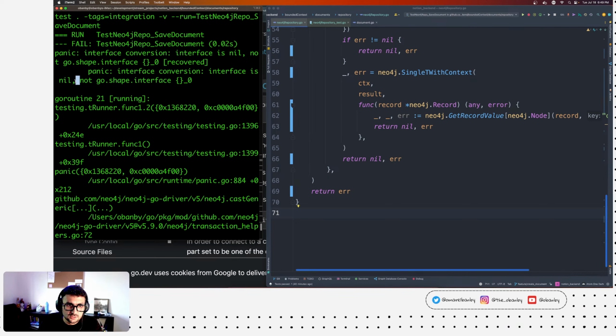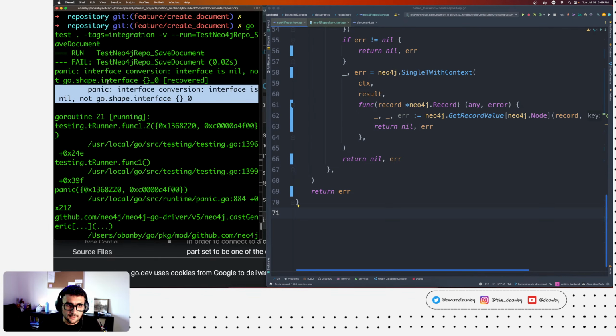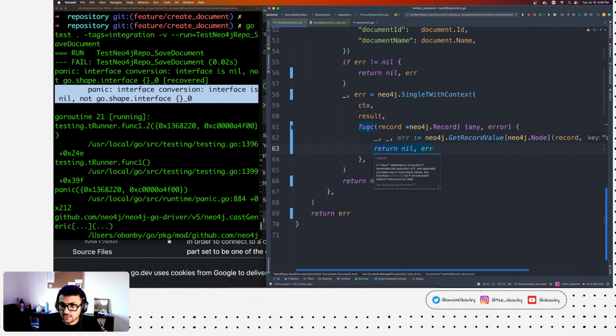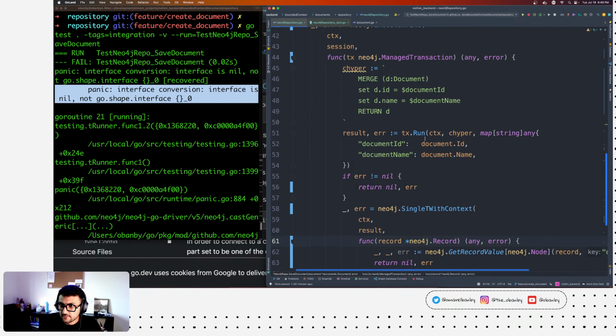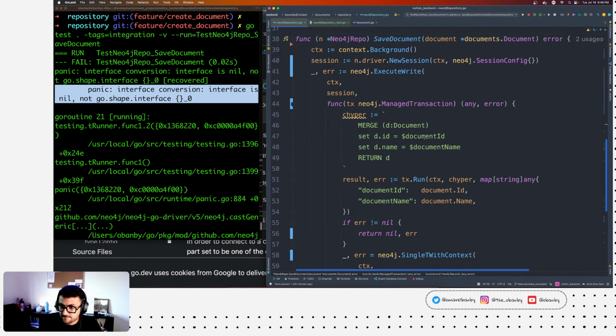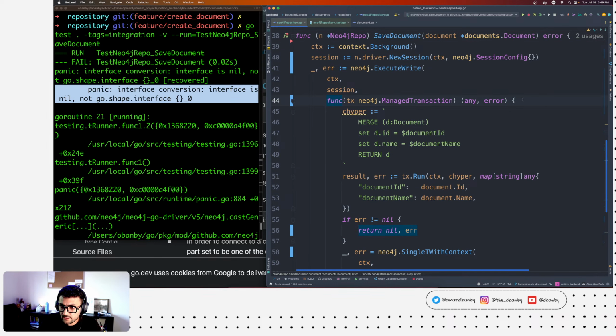Interface conversion, nil. Okay, so it's complaining that we're returning a nil for something here. Let's see.